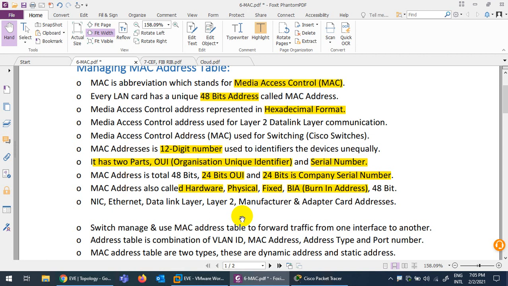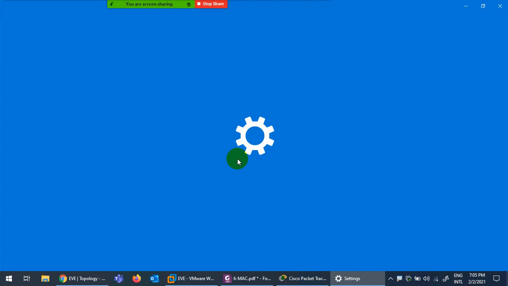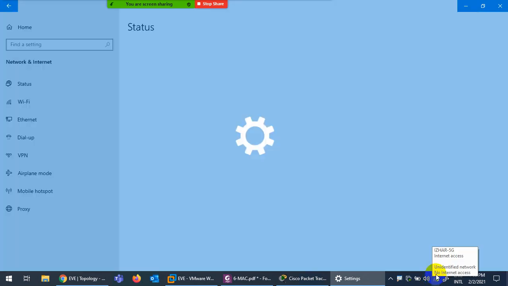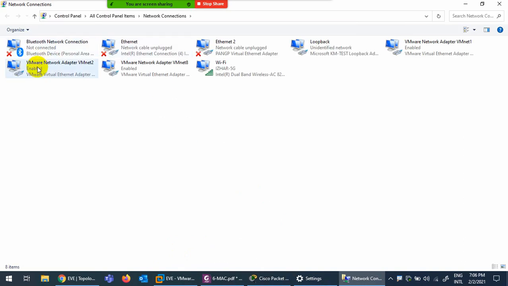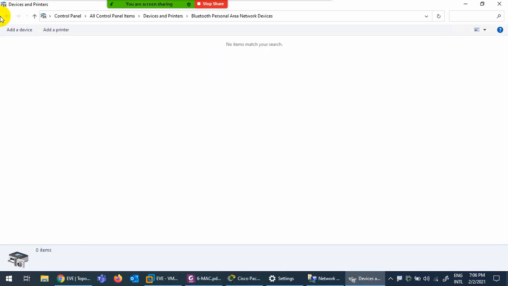How can we find the MAC addresses? You can go physically in Windows, right click here, and go to my interfaces, change adapter options. All these. This is a Bluetooth interface, and even if it is Bluetooth, it again has a MAC address. I will show you.